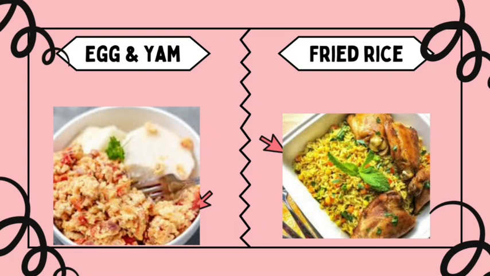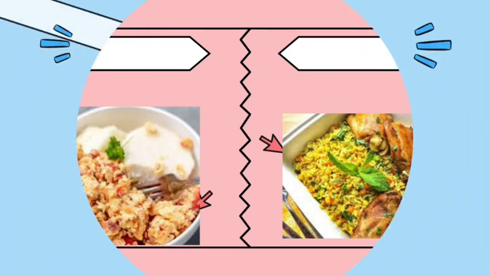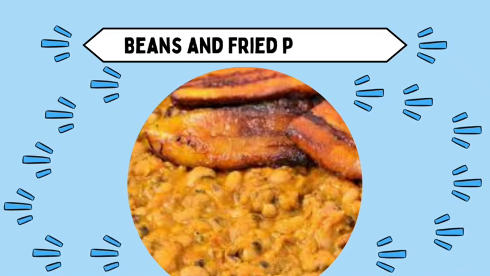Then we also have another example here as beans and fried plantain. Fried plantain is also popularly called dodo. Beans gives protein. Alright, so it's good for children to always eat beans. Then the next example we have is